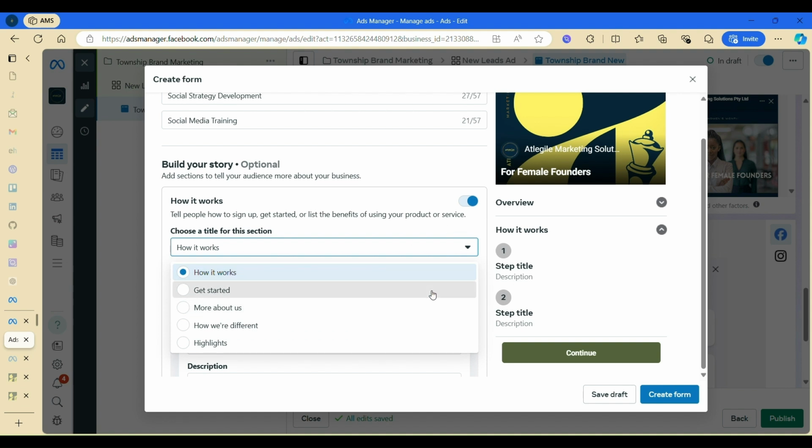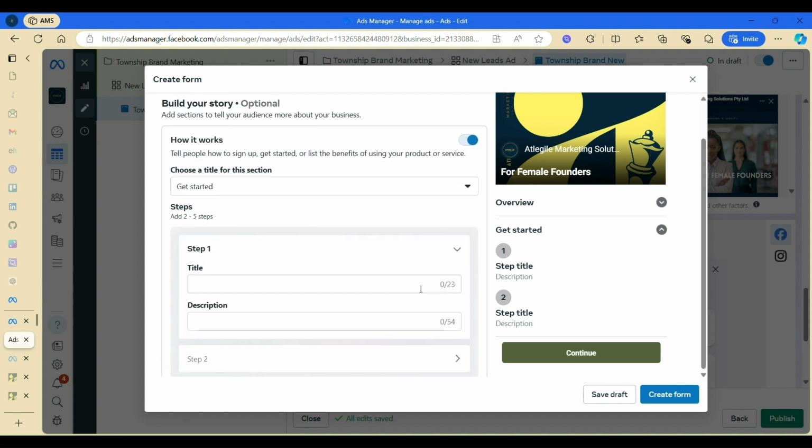So the more you enter, the more details you add. Obviously, this is a trusted audience, right? So we want them to know the brand as much as possible so that they can give us information, and feel free to also give as much as possible, right? So we are building a story. Again, it's optional because we are